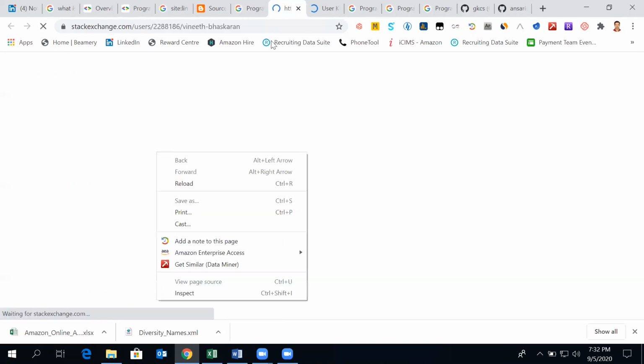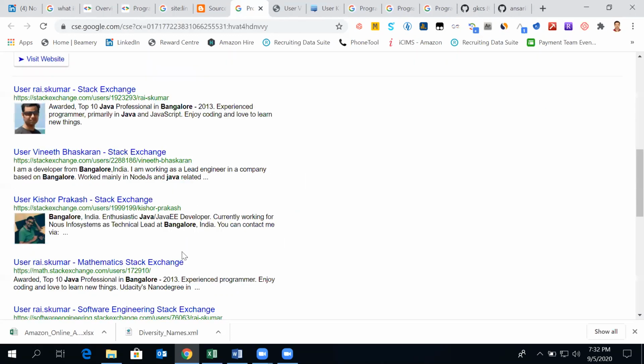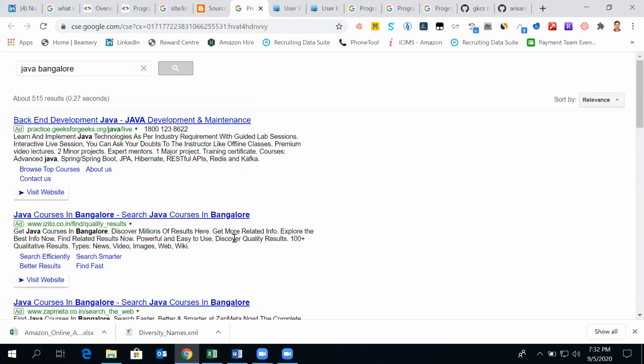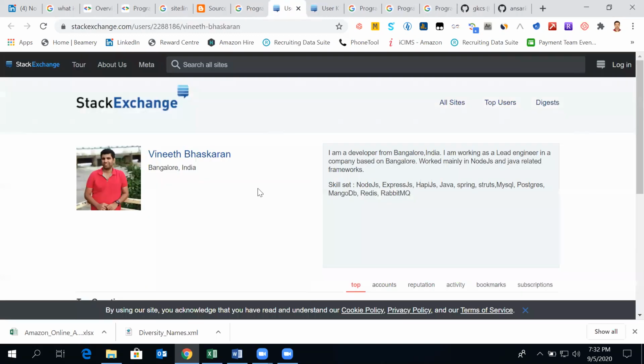So for Stack Exchange, we have a proper URL pattern. That's the reason we were able to see a proper URL of individual profiles.